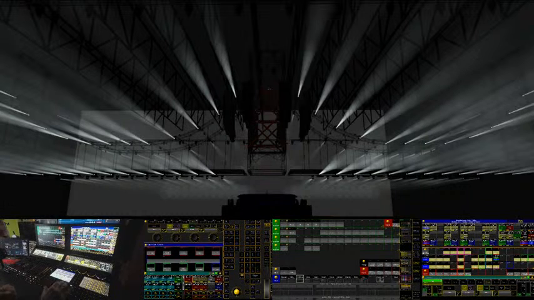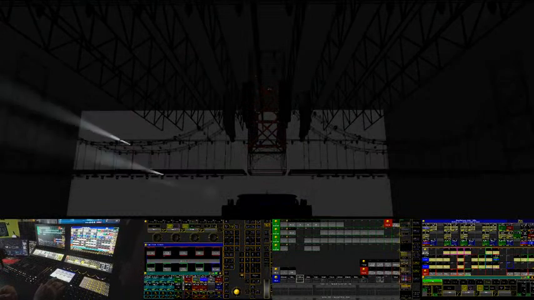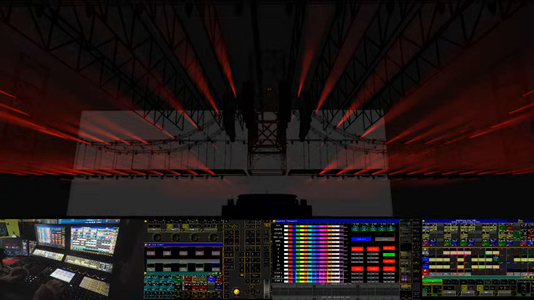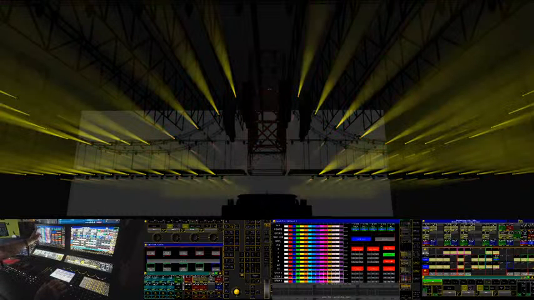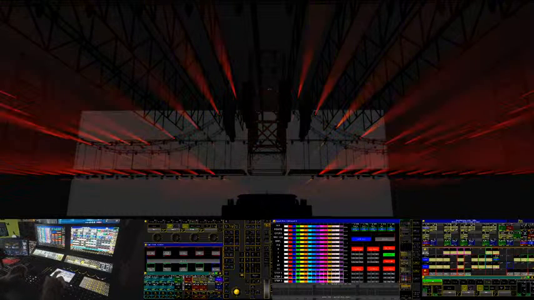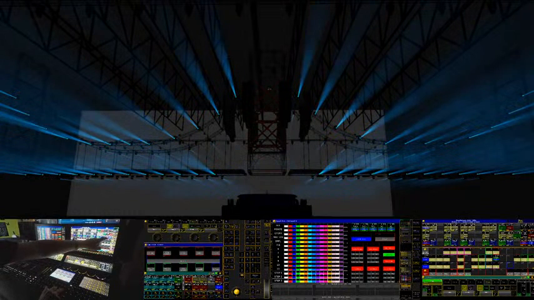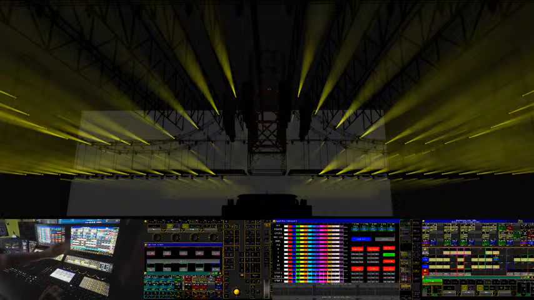Then let's move over to my bumps. I have bumps that do sync strobe, random strobe, put everything in white, put everything in my color 1, which is over there, and then everything in my color 2, which is over there. And then if we go here, I can do